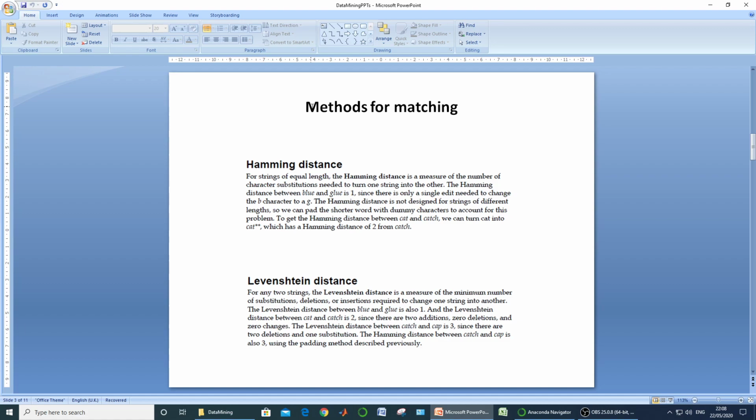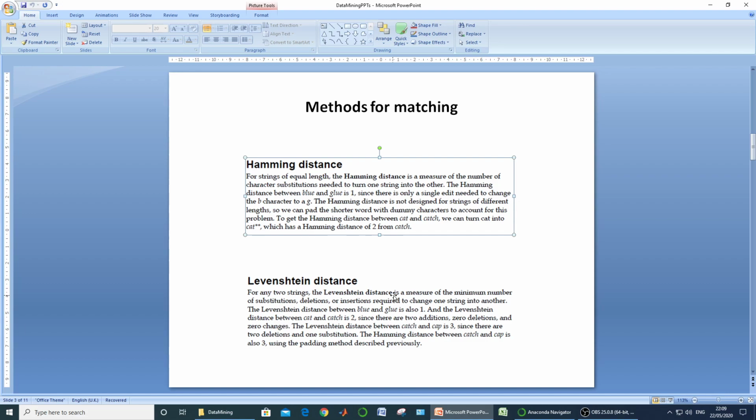The Hamming distance is a measure of the number of character substitutions needed to turn one string into another. And the Levenshtein distance is the minimum number of substitutions, deletions, or insertions required to change one string into another one.